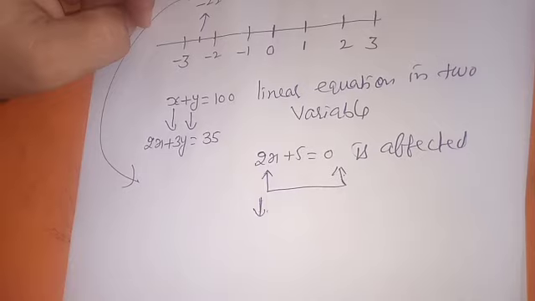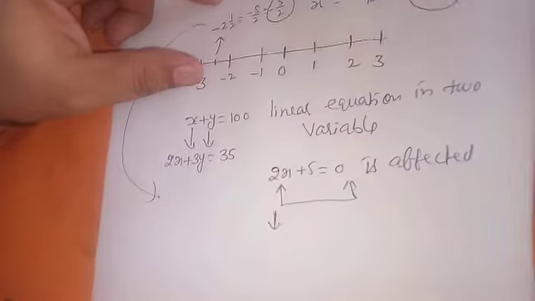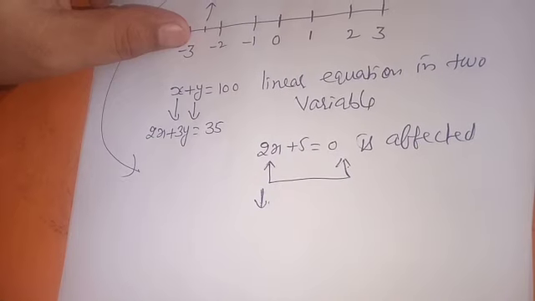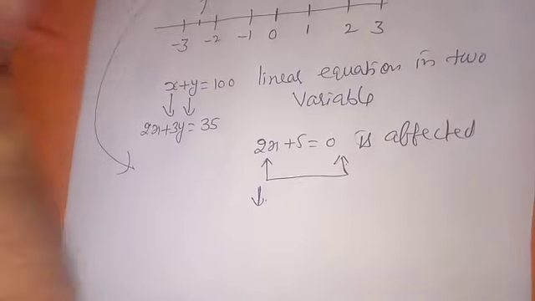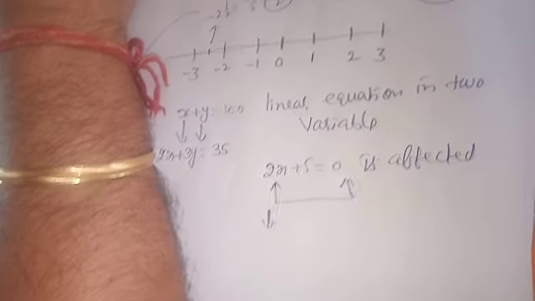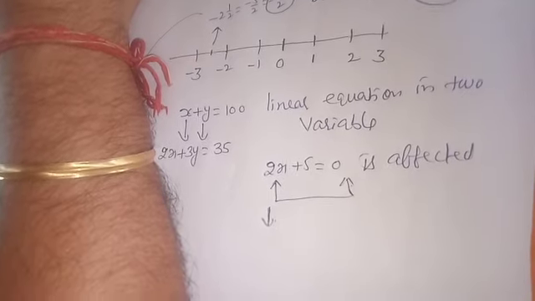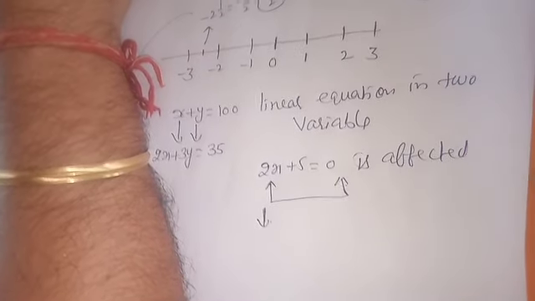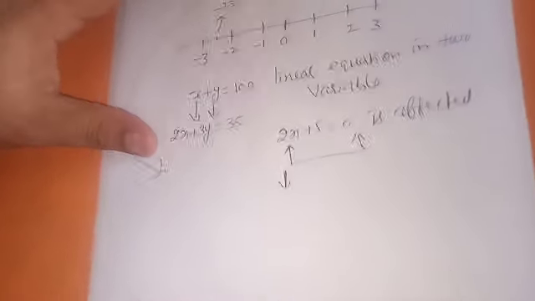So like this, an example also given in your book: in a one-day international cricket match, India and Sri Lanka played in Nagpur. Two Indian batsmen together scored how much run? 176 runs. So two batsmen, total score is 176. You don't know runs scored by any batsman. So how can you write the linear equation in two variable? I am telling the way of writing.